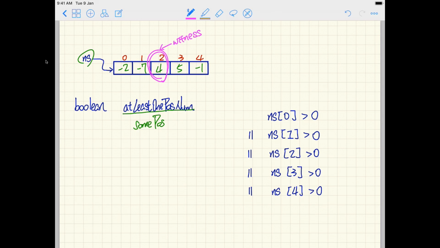So really try to get used to the idea about witness. Either it's a witness for violation in the previous tutorial, or it's the witness for satisfaction for this particular video. Okay, so this is a witness that satisfies the property being positive. So now what we'll do is we're simply going to consider all the elements in the array 0, 1,